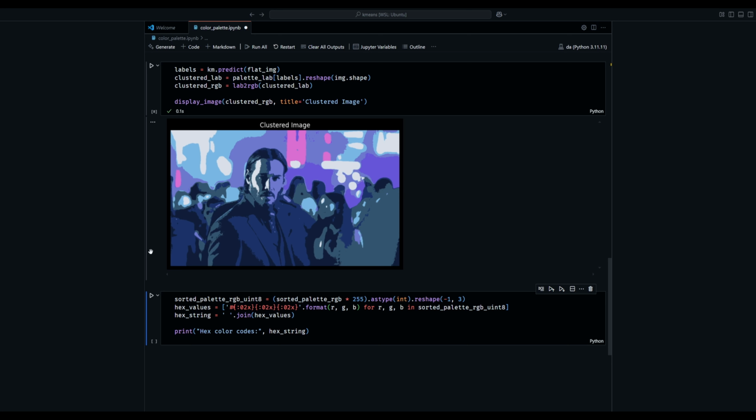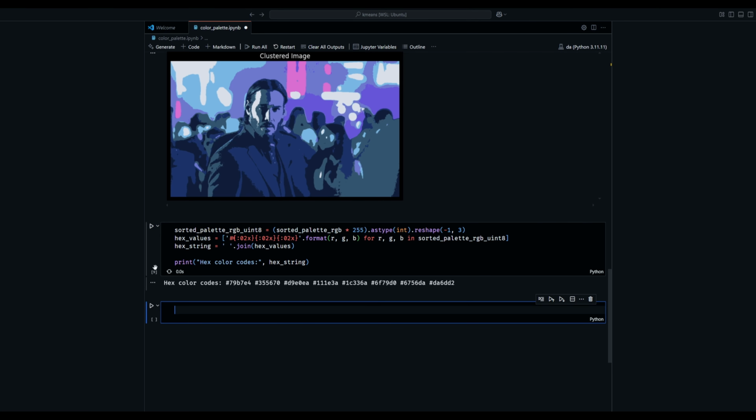Next, we create hex color codes for each color in the palette using Python's string formatting. For each RGB triplet, we convert the values into their hexadecimal representation, prefixing them with a #. Finally, we join these hex codes into a single string separated by spaces and print the result. The hex codes provide a clean, compact way to represent the dominant colors, perfect for use in design tools or